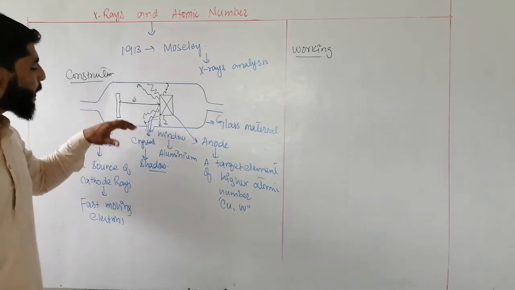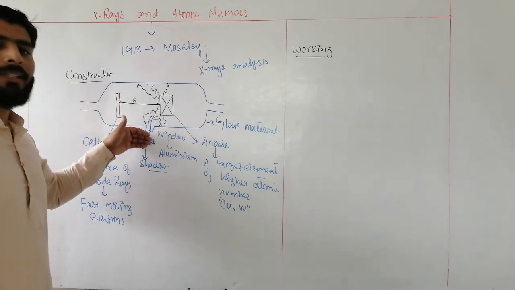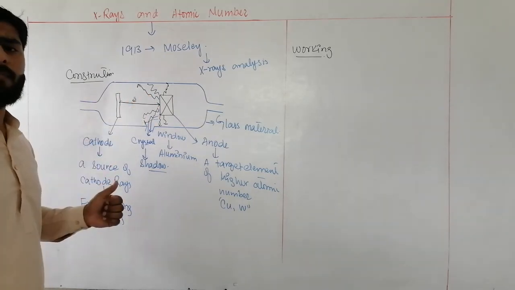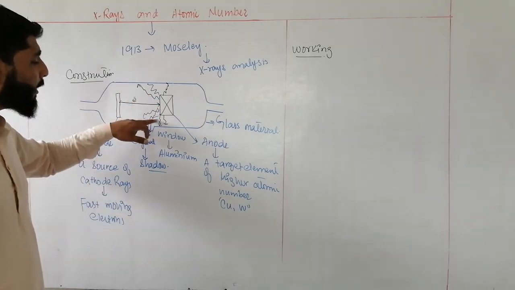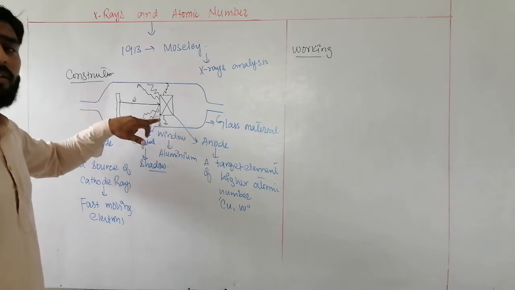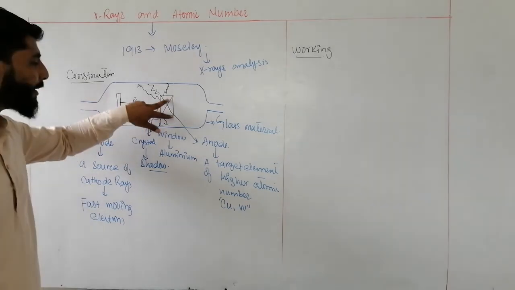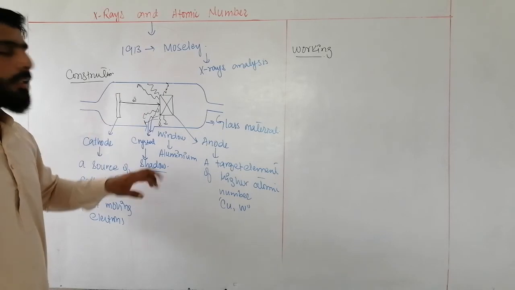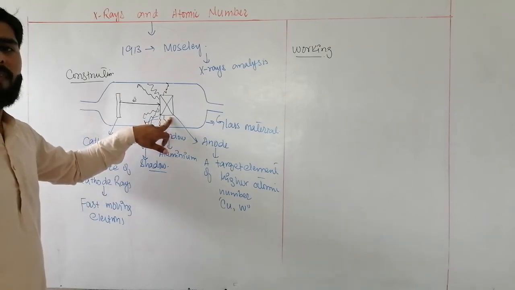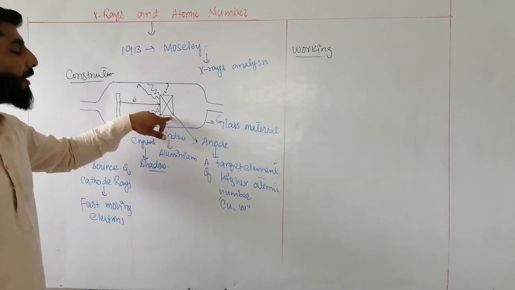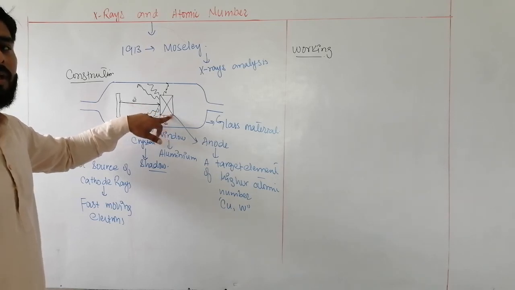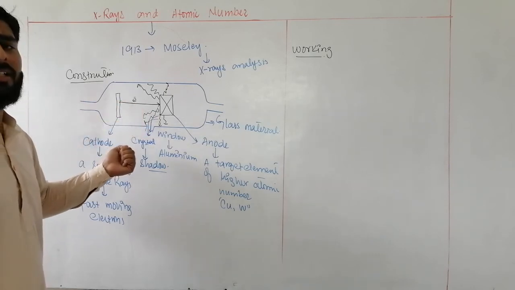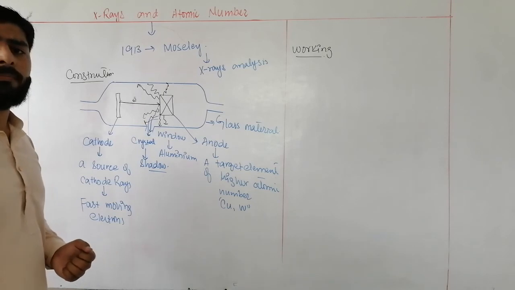Dear students, when he observed this experiment and all the changes happening in it, he made some conclusions. He observed that the nature, frequency, energy and wavelength of all the radiations emitted from the anode change according to the change in nature of the anode. With an increase in atomic number, the nature of these emitted penetrating radiations also changes.